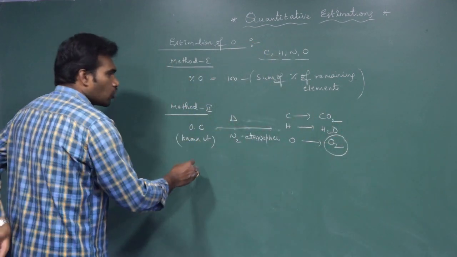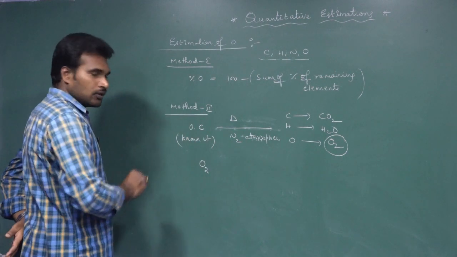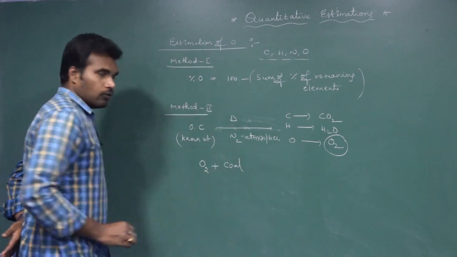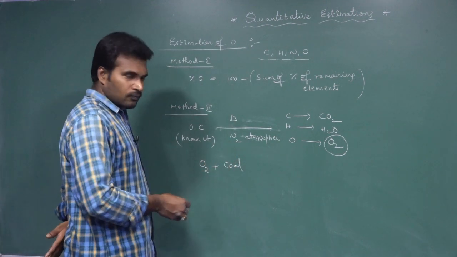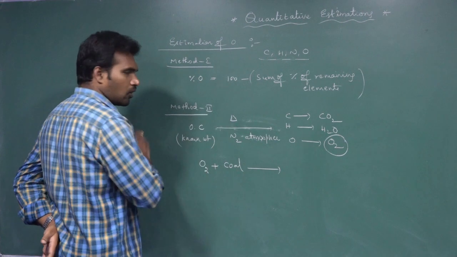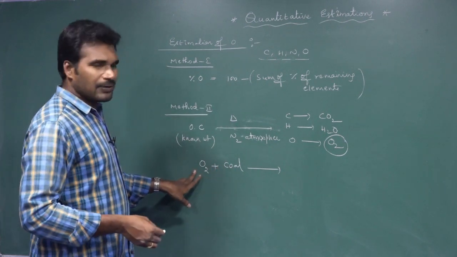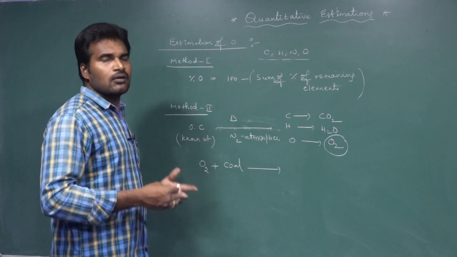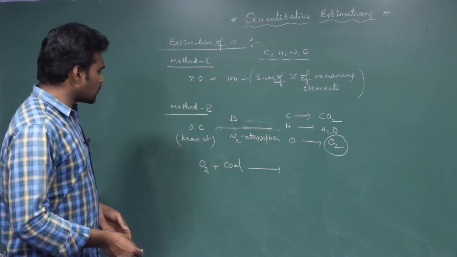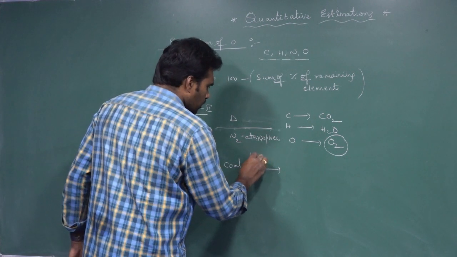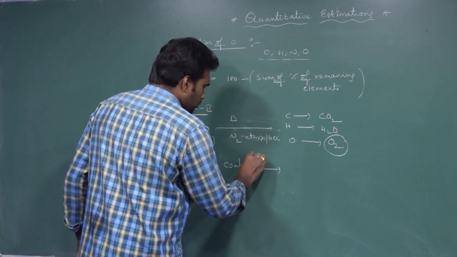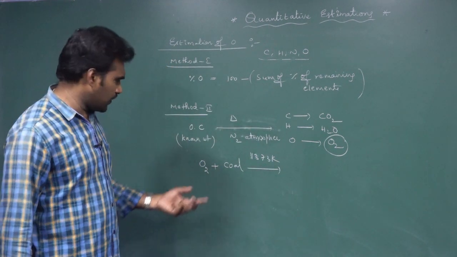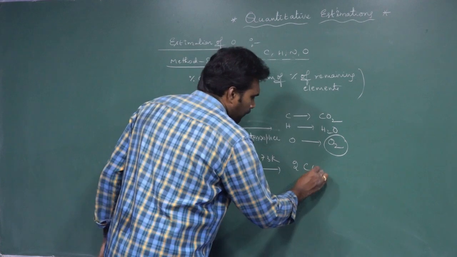Next, this O2 gas, you treat it with charcoal. Coal is nothing but carbon. When you heat coal in presence of oxygen, heating of any substance in presence of oxygen, we call it combustion. If you do the combustion of coal at the temperature of 1373 kelvins, then we get